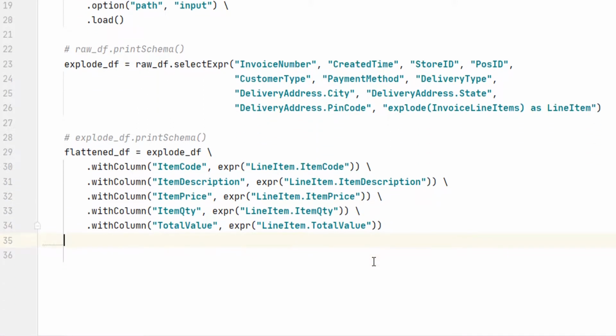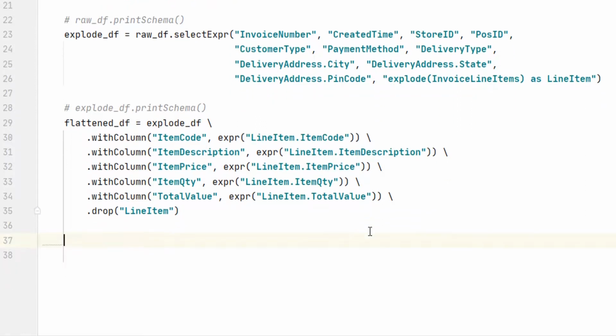Finally, we drop the complex column. That's all. We are done. And now we have a flattened data frame. Make sense? What do you want to do next?